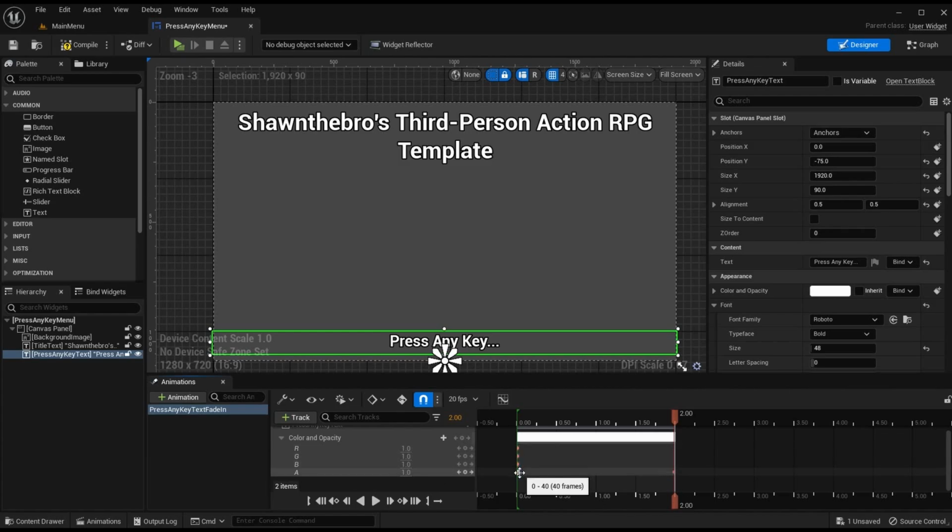You'll see I automatically made a key for my entire color and opacity when the animation started. So it's taking the default color of this text and it added one to the alpha here as well. It's these little red dots. So this indicates that the alpha is going to change at the 2 second mark. What we're going to do is apply this fade gradually over that 2 second period until it is no longer